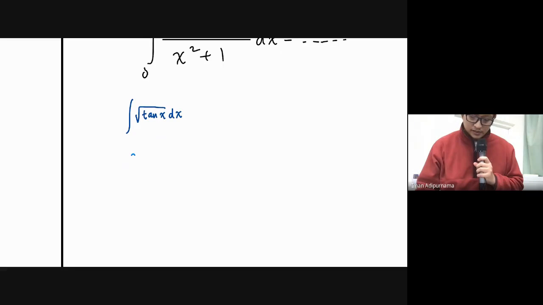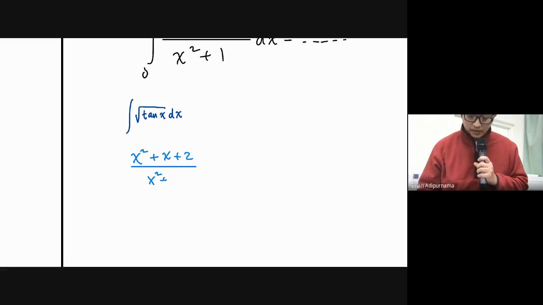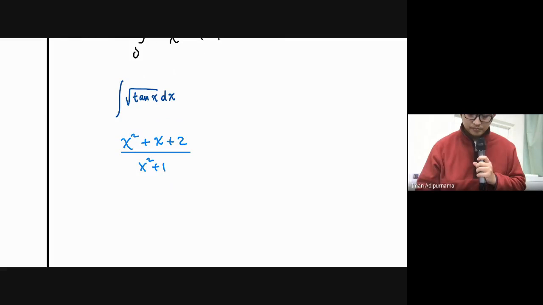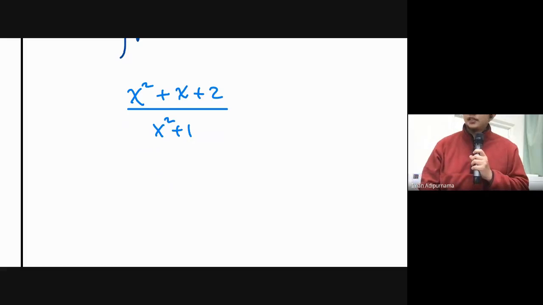Okay, I think you can. I saw some of your work, and it's quite a tricky problem, but it's quite easy if you see the patterns. First, maybe you think that you can separate it like this,